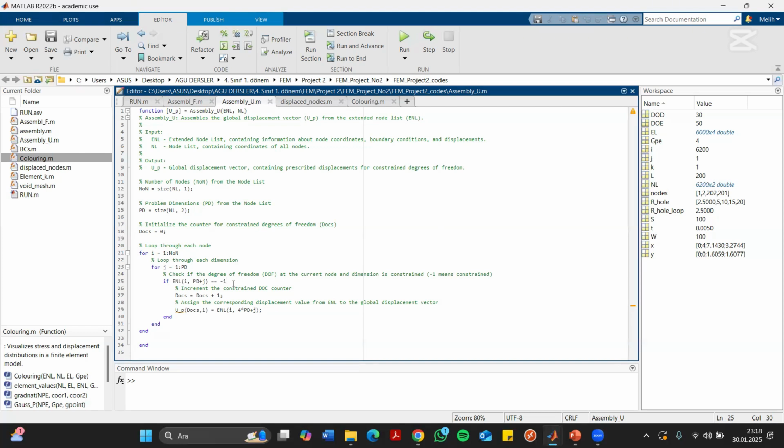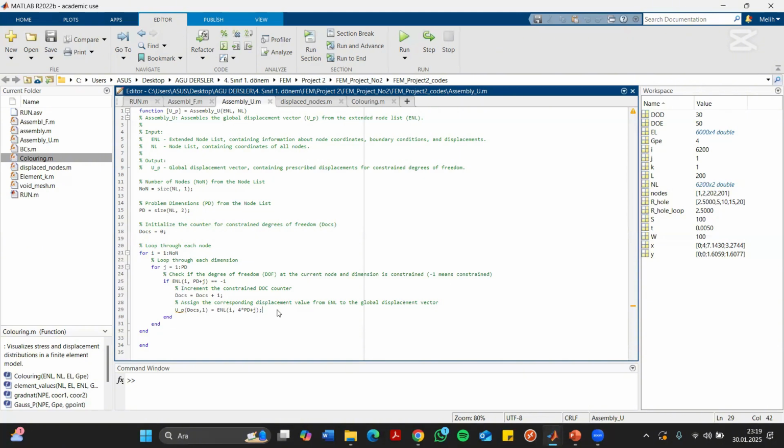So if that node's degree of freedom is -1, that means it's constrained. So we increment our degree of constraint by 1, so that we assign the corresponding displacement value from the extended node list to the global displacement vector that we assigned